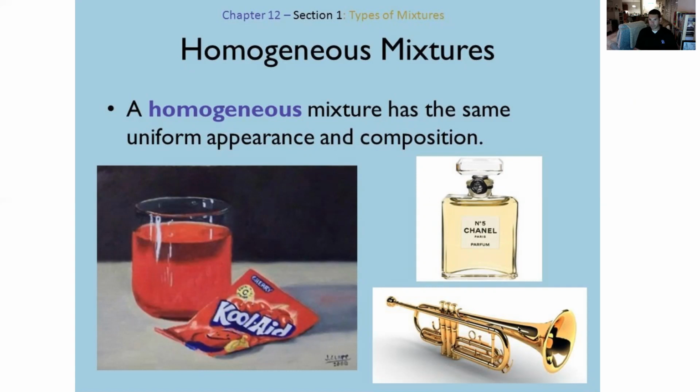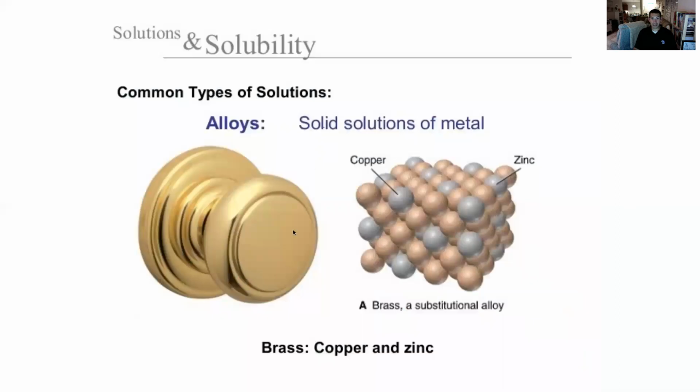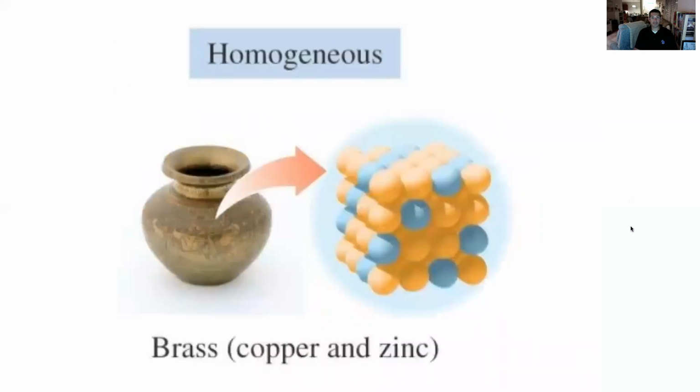I have this picture of a trumpet, because the trumpet is made out of brass. Brass is an alloy of two metals, copper and zinc, and it's one metal that is actually dissolved in the other metal. All right, and it is a homogeneous mixture. So it appears like it's a pure substance, but brass is not an element or a compound. It's actually a mixture. Again, we call it an alloy. So they're not bonded to each other, they're just near each other in that solid structure. And the zinc is dissolved amongst the copper atoms, which is pretty interesting. So we've got a couple of different types of alloys.